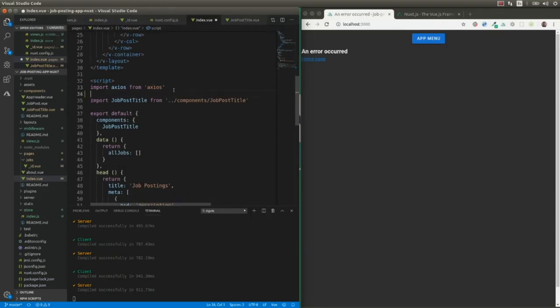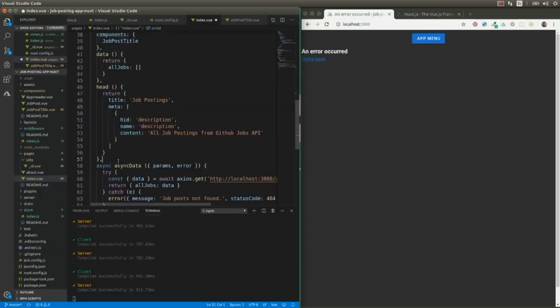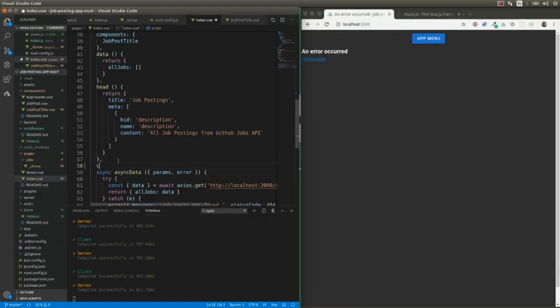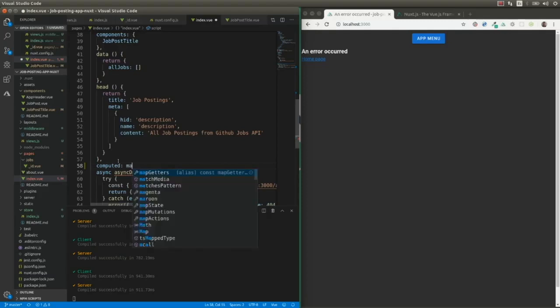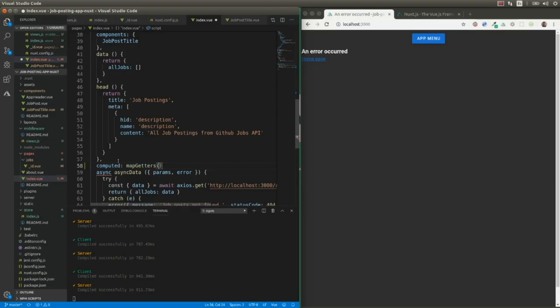First, we need to import the getters. Import map getters from Vuex. And here we can define a computed property. Computed. That is going to be these map getters that we just imported. And within these getters,